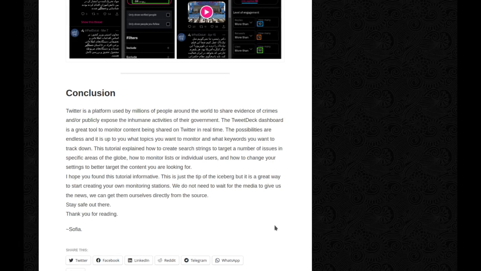Conclusion. Twitter is a platform used by millions of people around the world to share evidence of crimes and/or publicly expose the inhumane activities of the government. The TweetDeck dashboard is a great tool to monitor content being shared on Twitter in real time. The possibilities are endless, and it is up to you what topics you want to monitor and what keywords you